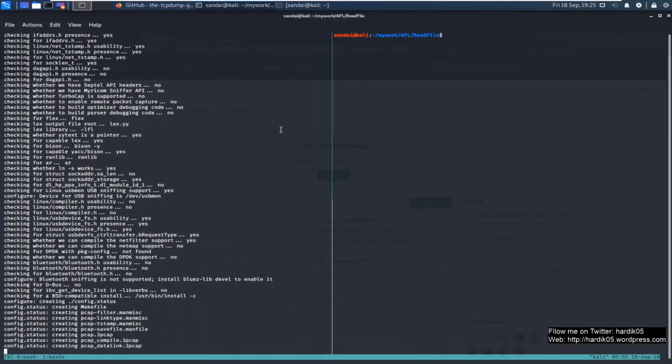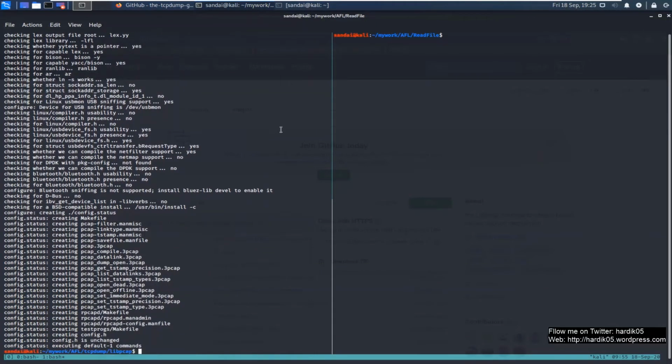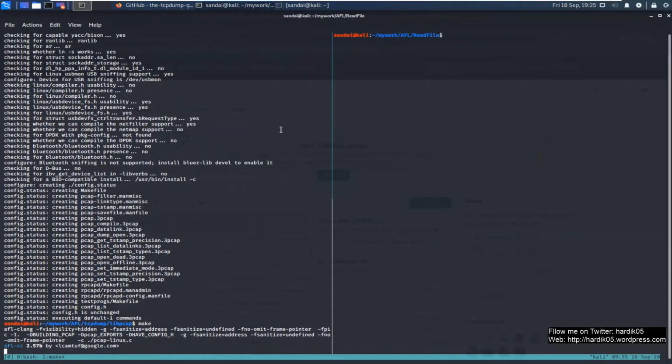Since it is a very small piece of software, it won't take much time, but I have faced issues when compilation takes a few minutes to an hour. If you are trying to build Chromium, that will take a lot of time on a Linux system. Compared to that, I find this very quick. Few of you might notice that if you are new, you will say it's taking a lot of time, but that is completely normal. So now let's make it using the make command, and again let's wait for some time till the compilation gets finished.